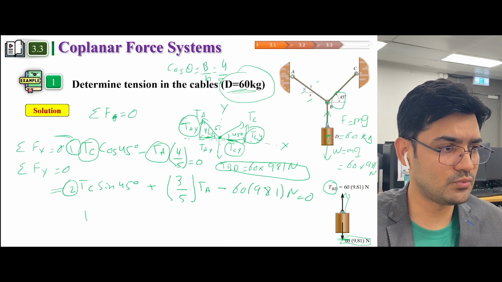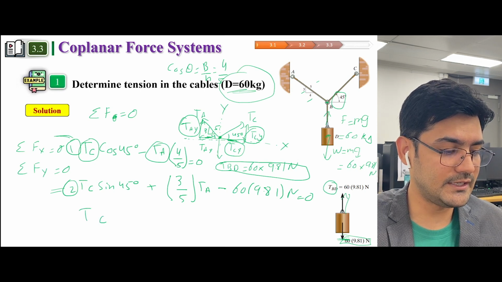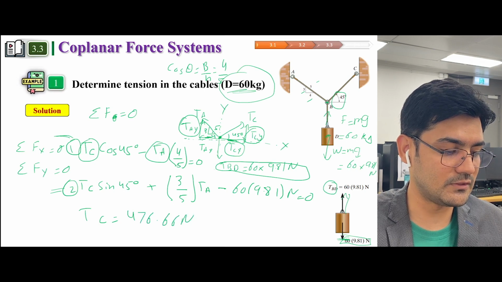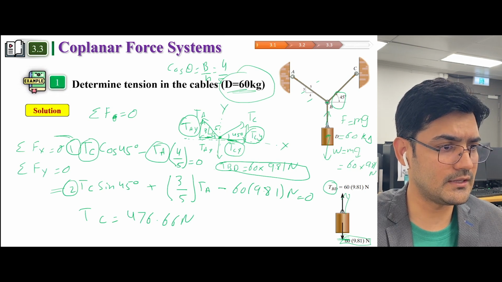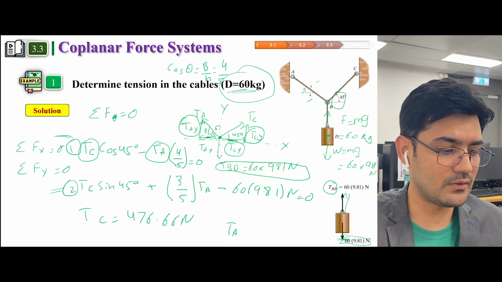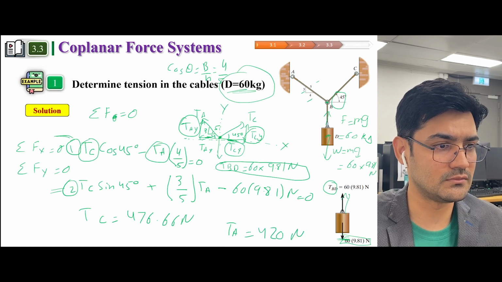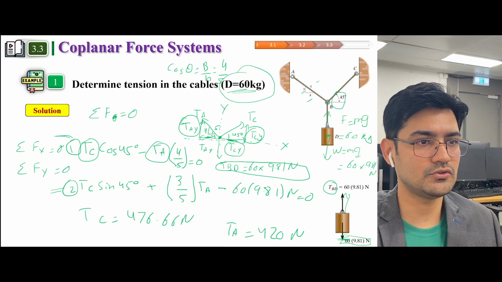So if we use these two equations, we will get TC equal to 475.66 Newton. And we can put it in another equation to calculate TA is equal to 420 Newton. So that's how you solve